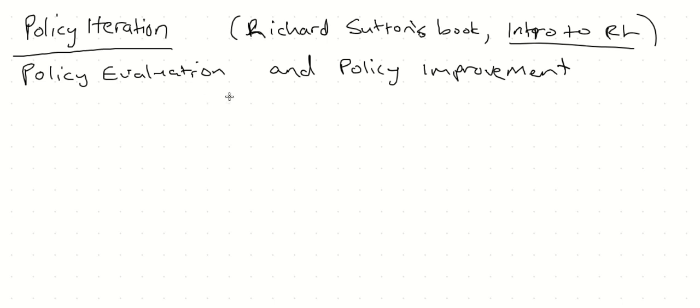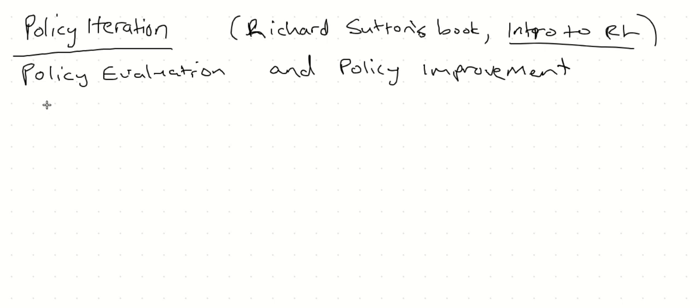And policy improvement is basically you try to improve the policy with respect to the current computed value function. So first of all, before going through the pseudocode of the general policy iteration algorithm,